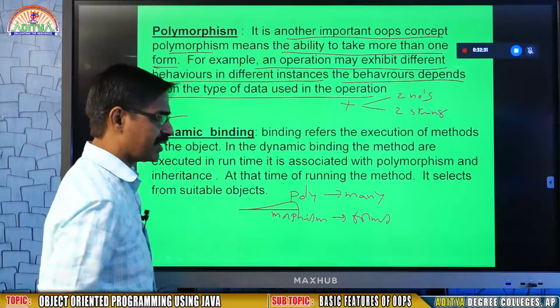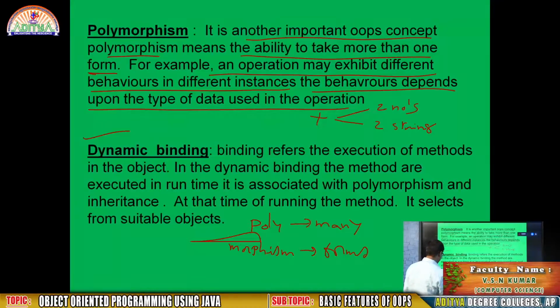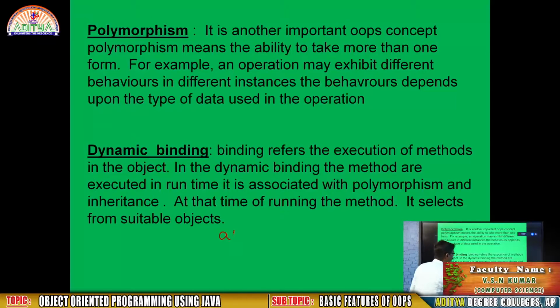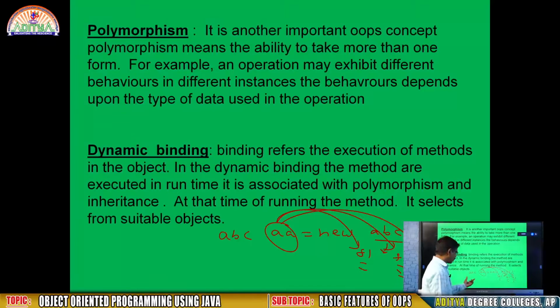The last one, dynamic binding. What is the meaning of dynamic binding? For example, I am creating an object from the ABC class, new ABC. Now, in ABC, whatever methods are there, whether it is F1, F2 or F3, any method you can operate through AA, because from ABC I am creating an object.